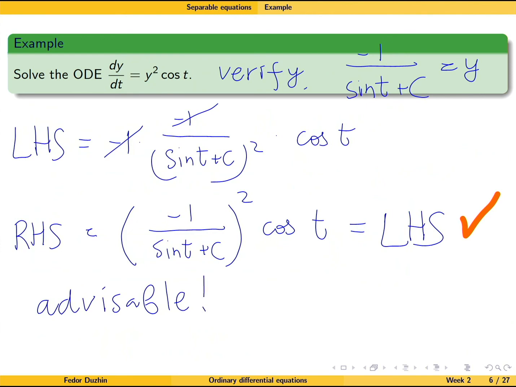Notice that before I explained why the method works, we still cannot be sure that by doing this we have found all solutions, that minus 1 over sine t plus constant or